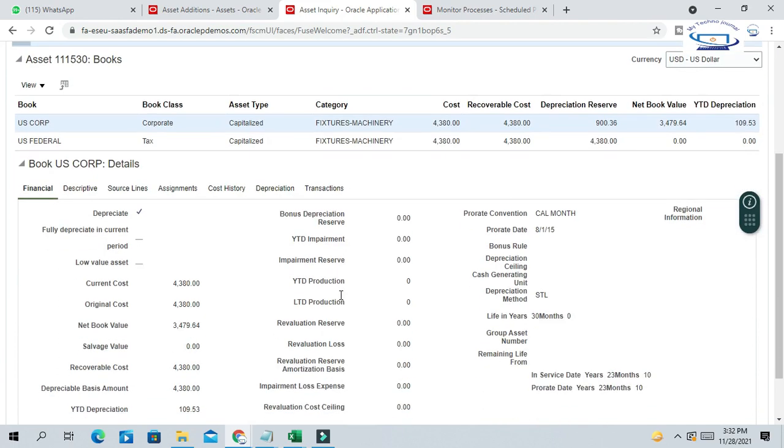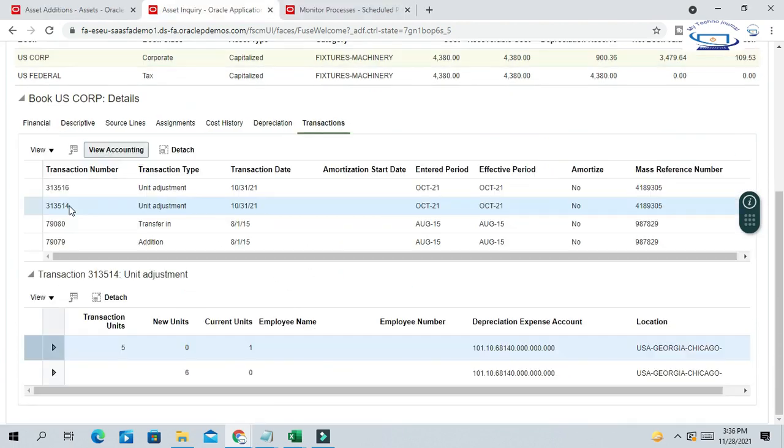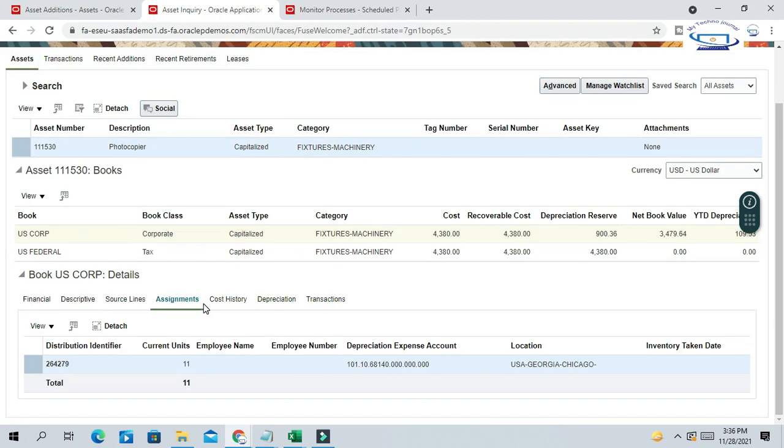So for this asset number, go to the assignment tab. Okay. So now you can see that the unit is updated to 11 because we have performed 2 unit adjustments for this asset, and the current unit is now 11. Okay. So earlier it was 1 before these 2 unit adjustment transactions.